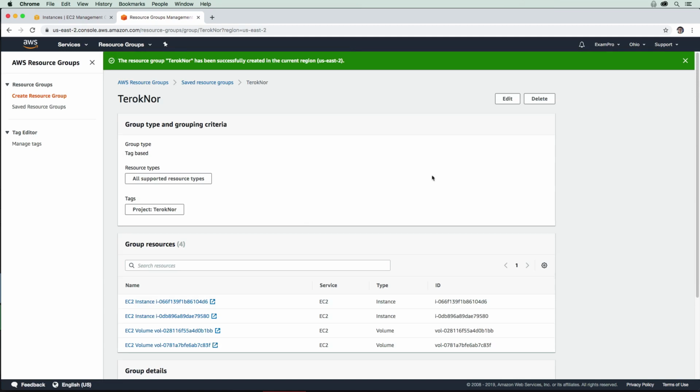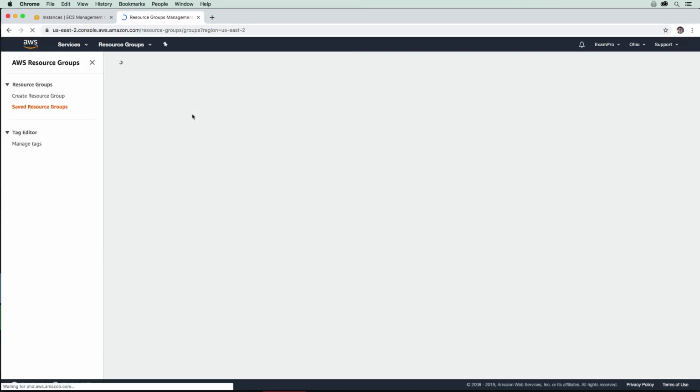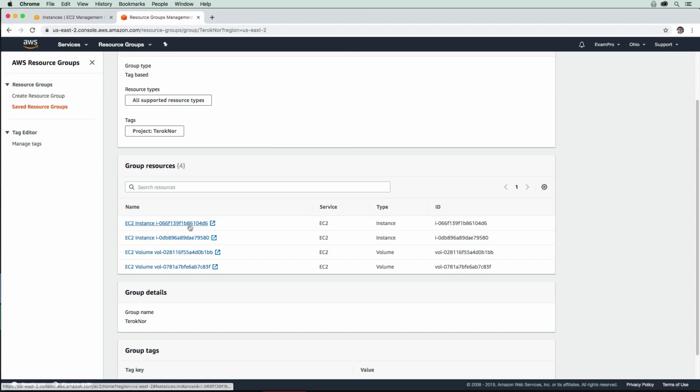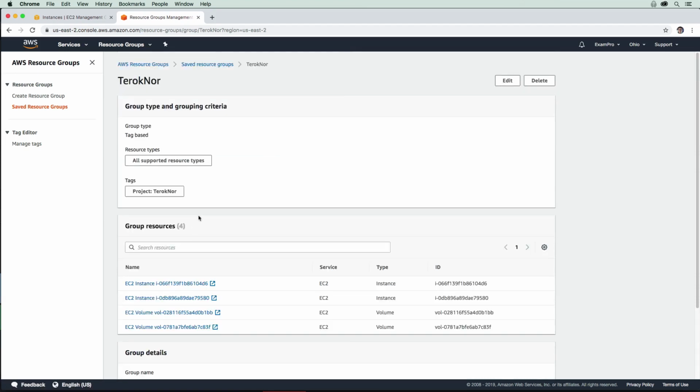Okay, and so now we have grouped resources. Okay, so whenever we want to look at our saved groups, okay, we can go here, we can see Terrock Nor, and we can see all the resources and then quickly click through to find the resources with those tags. All right, and so now that we know how to create a resource group, let's actually go look